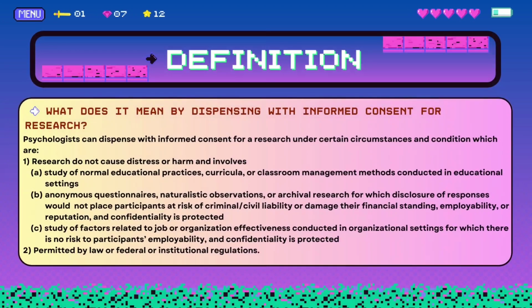Dispensing with informed consent. What does it mean? According to the American Psychological Association, APA, Ethical Principles of Psychologists and Code of Conduct, psychologists can dispense with informed consent for research under certain circumstances and conditions, which are, first, research that does not cause distress or harm and involves